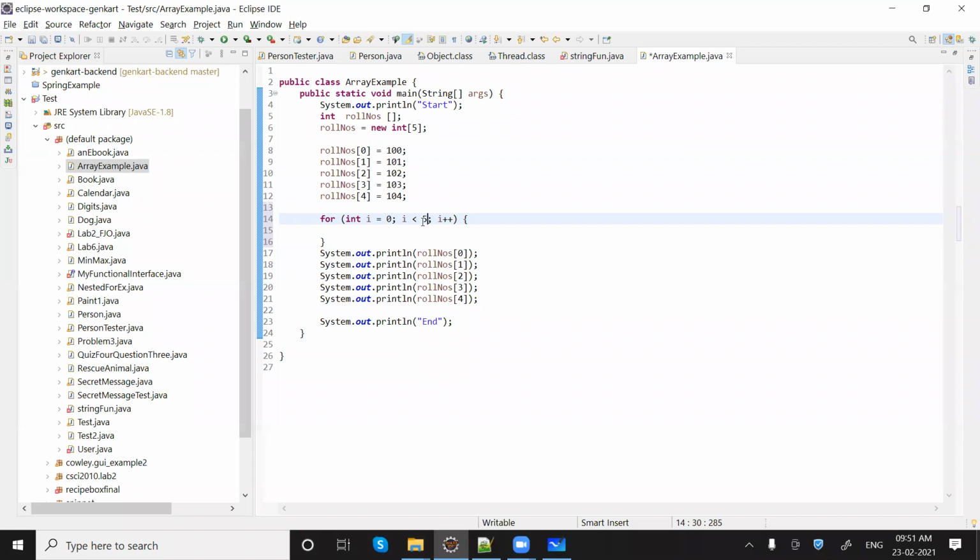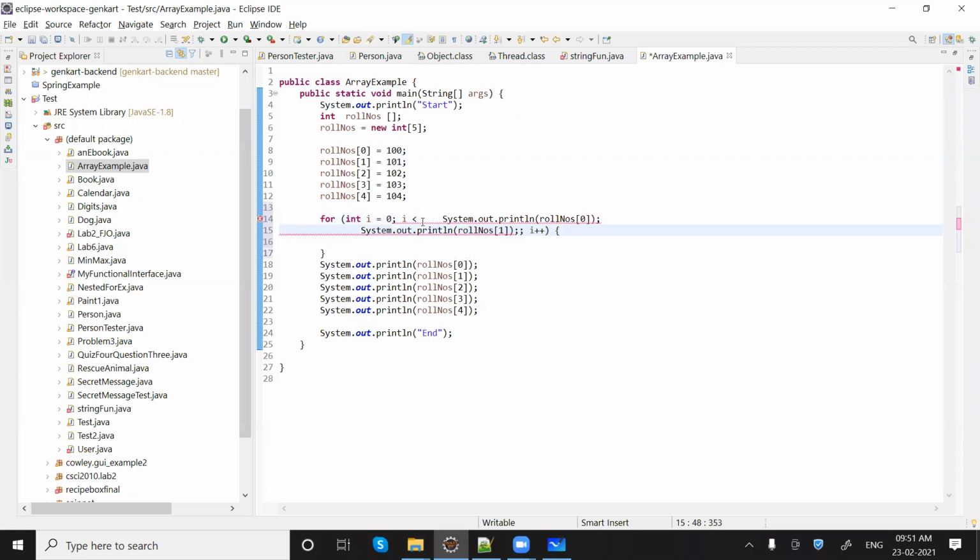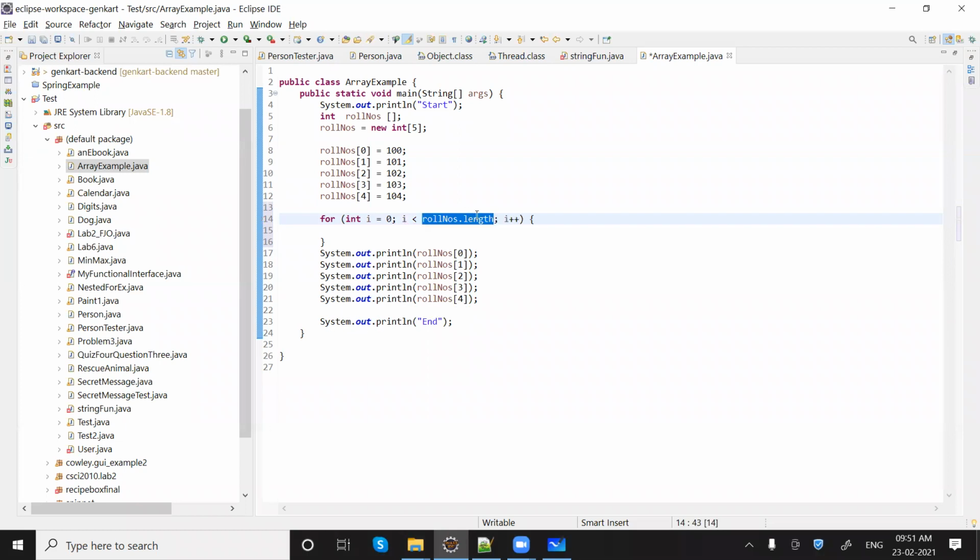So instead of hard coding the size here, we will be using less than length. What does it mean? The length for this array is 5, and when we say i less than length, whenever i becomes 5, the condition will be false, and we need to break our loop. So we are starting from 0 and going till less than the length of the array. So 0, 1, 2, 3, 4 we will be going.